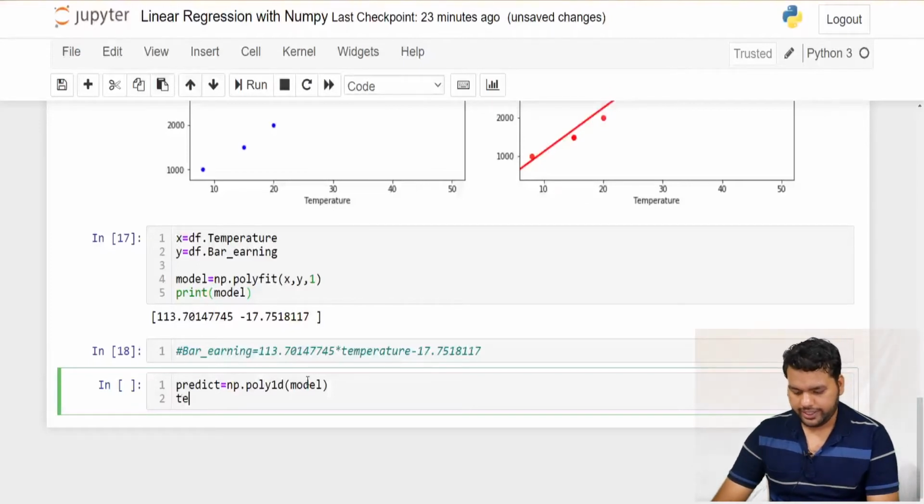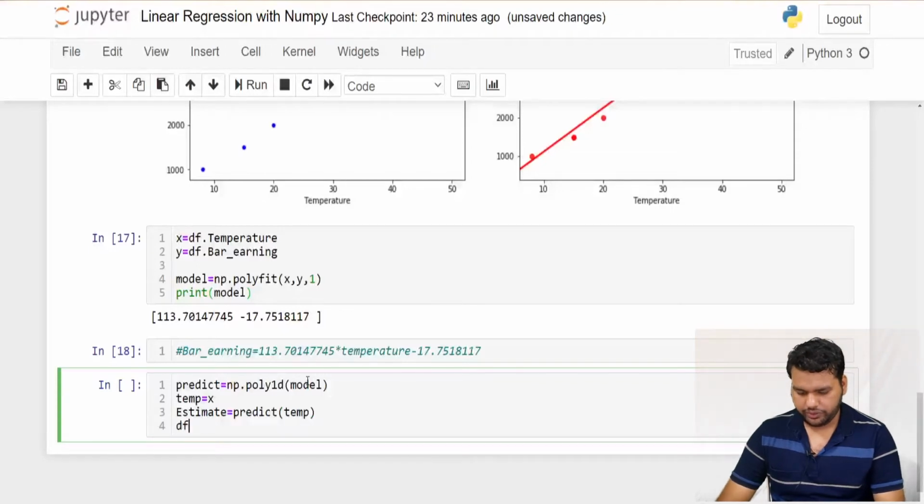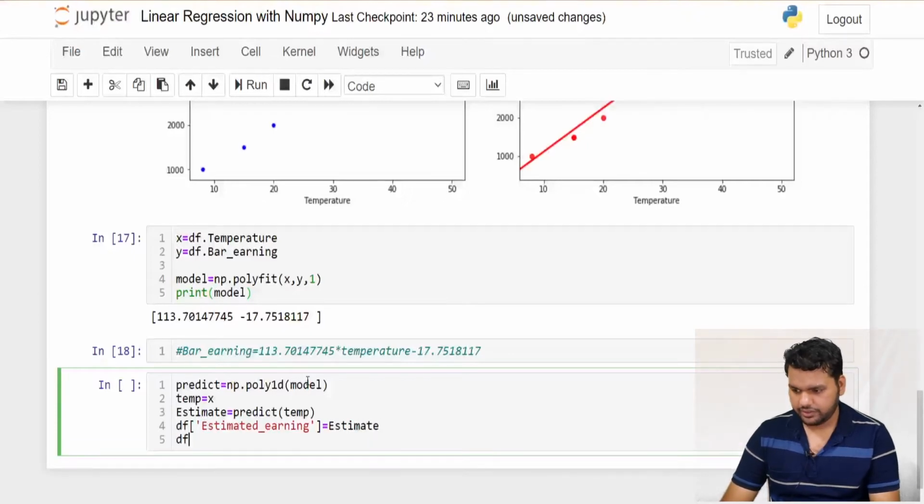So we define the temp, that is x, and we define the estimate, that is predict of temp, and we can define a new variable here, that is the estimated earning. And how we'll do this, we give this estimate, and now we can print the df.